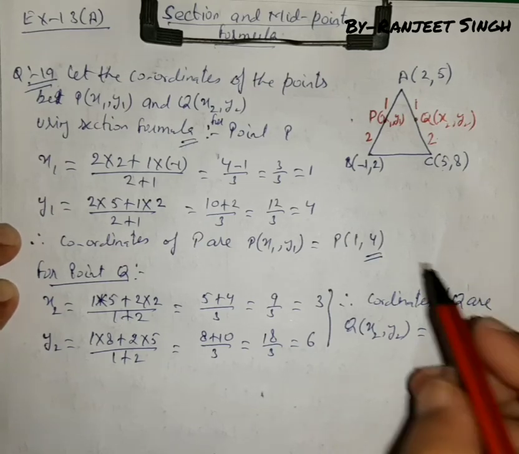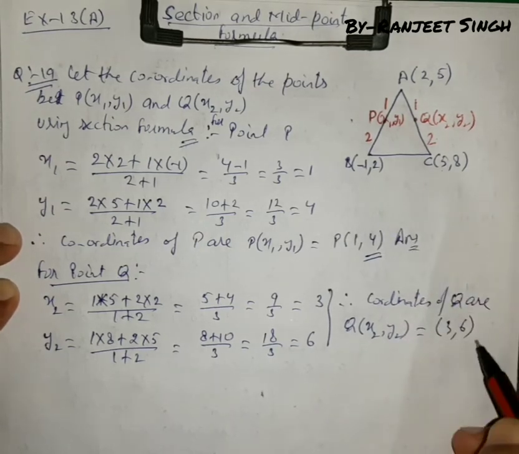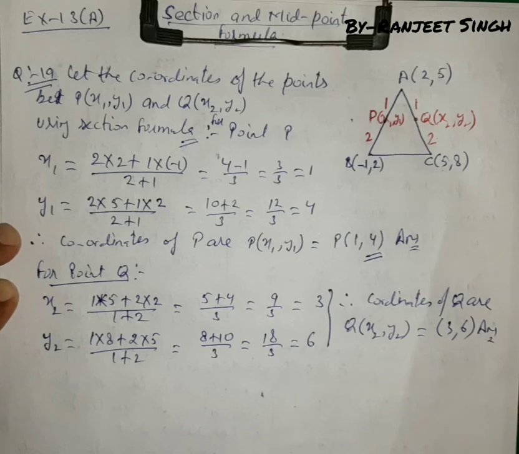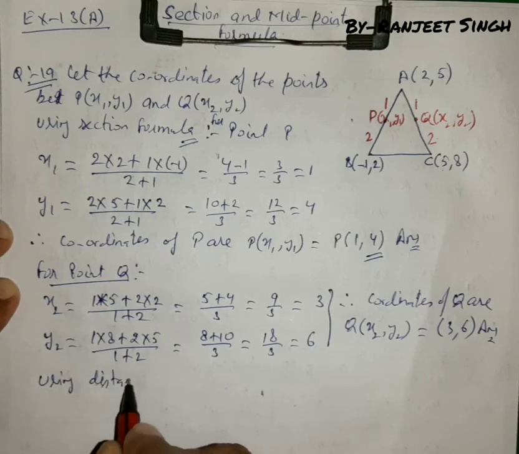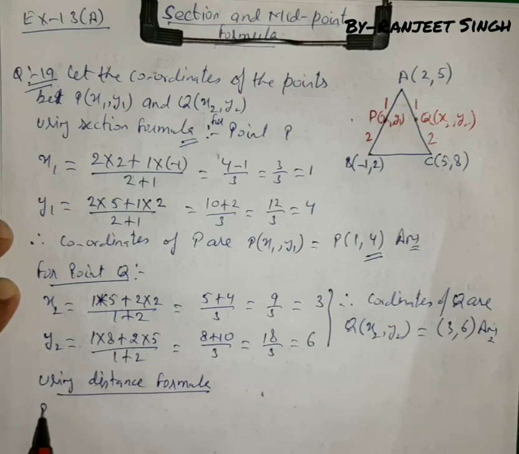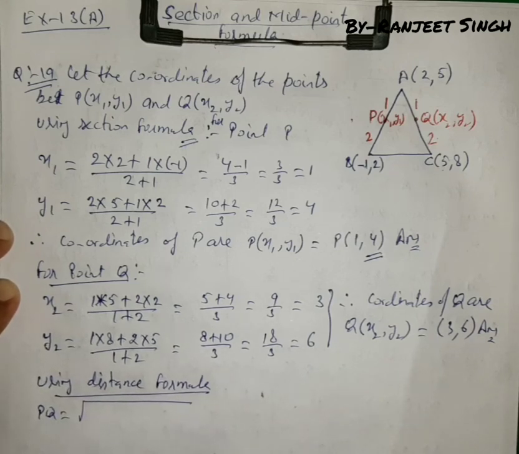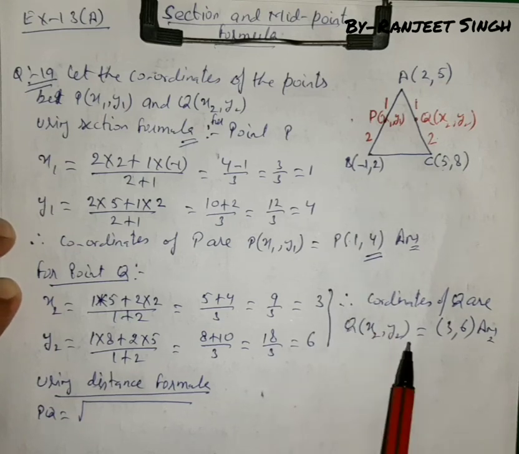So these are the answers for the first part. This is also the answer, and this is also the answer for the first part. Now for the second part, we have to find PQ. So now we will use the distance formula. So PQ, now using the distance formula, PQ is equal to root of...